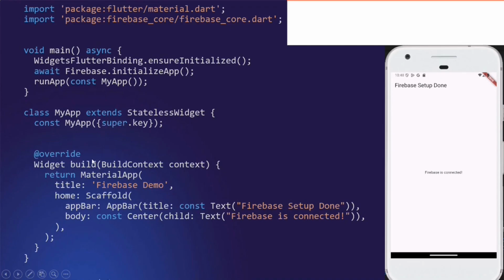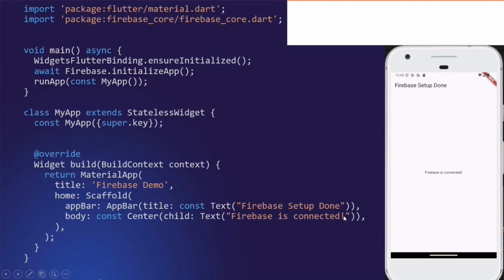This is the constructor, and inside build I return MaterialApp with title Firebase. Inside home I write Scaffold, and in appBar I write Firebase setup done.